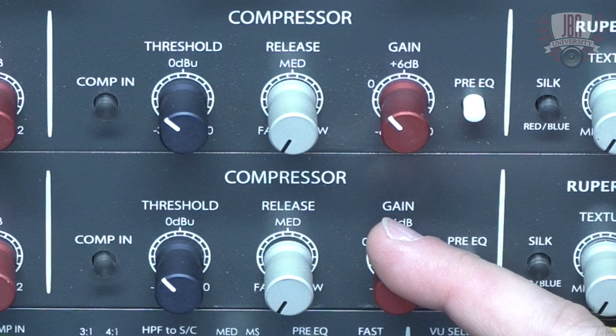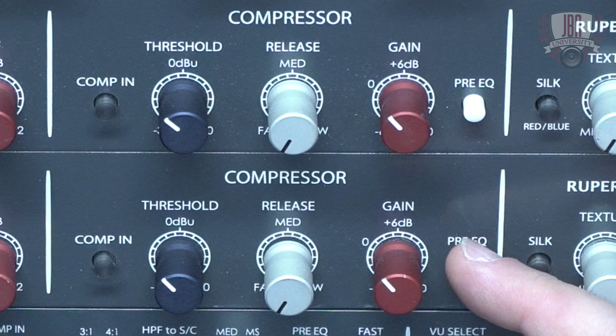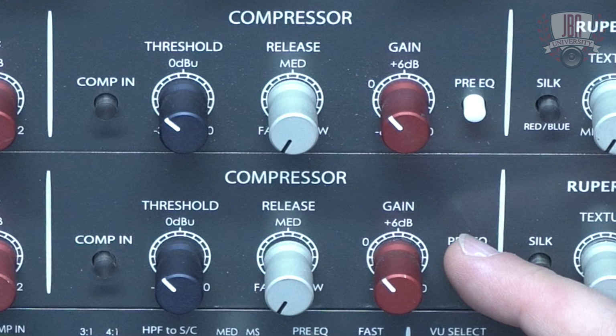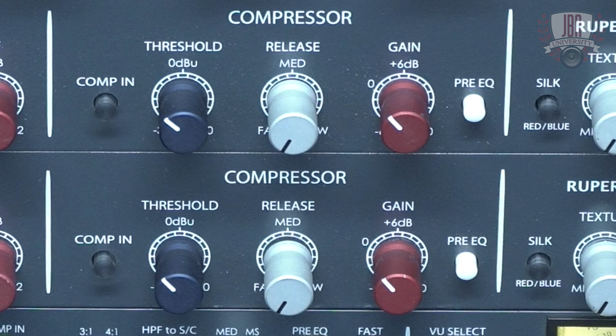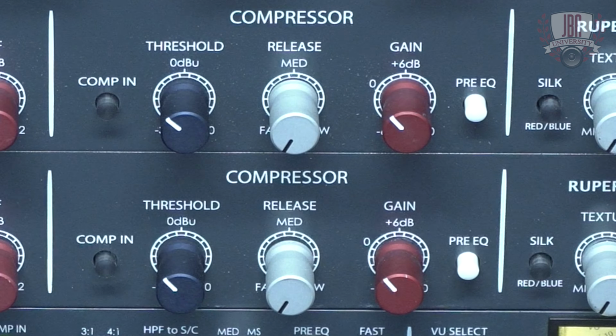Then you have makeup gain here. And you have a switch to be able to put the EQ before or after the compressor. Classic style is mic pre, EQ, compressor, which is how it's laid out. And why is that? So that your compression is controlling the effects or the additional gain or lack of gain from